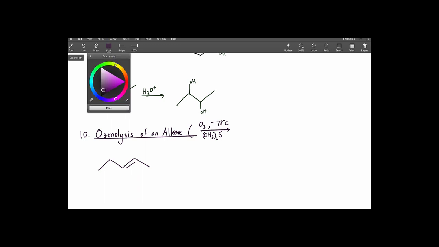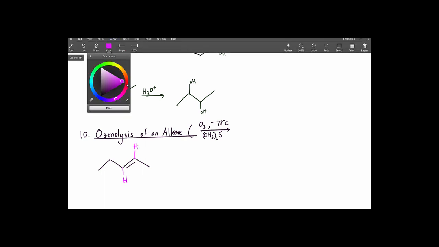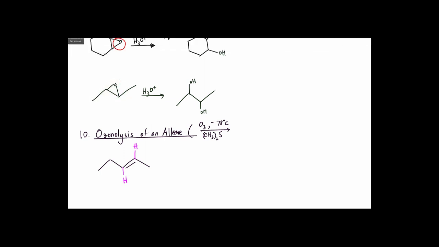I'm going to draw out your implied hydrogens, one here and one there. Now what we want to do is, this is one of the reactions where an alkene retains a double bond. It's going to be a double bond to O, but it retains a double bond. So I want to split this in half, okay? So if I react that with O3,